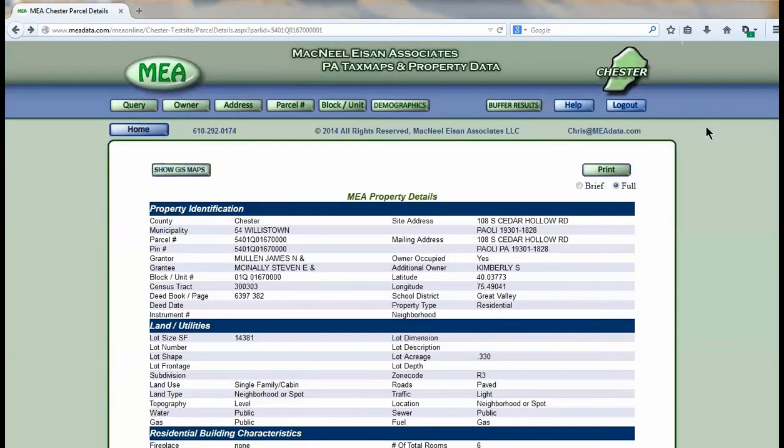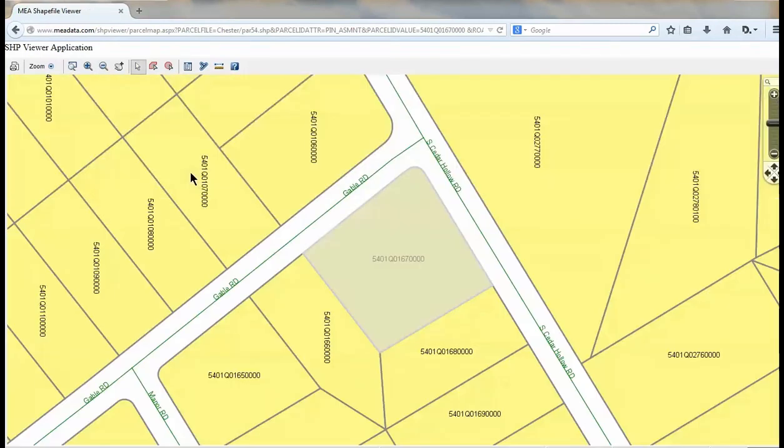Now let's view a GIS tax map using Chester County. For GIS maps, all of the browsers act the same. I'll click on the Show GIS Maps button and you'll see the tax map come up and that the subject